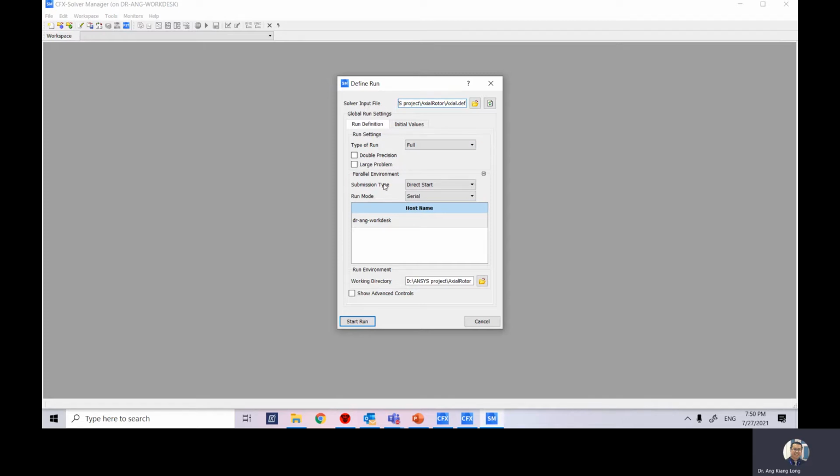Right, so the rest looks fine to me. If you want higher precision, just click double precision. We are using serial processing, and just click run. Okay. Hold on here. Let me see. Okay, so for CFX using transient,